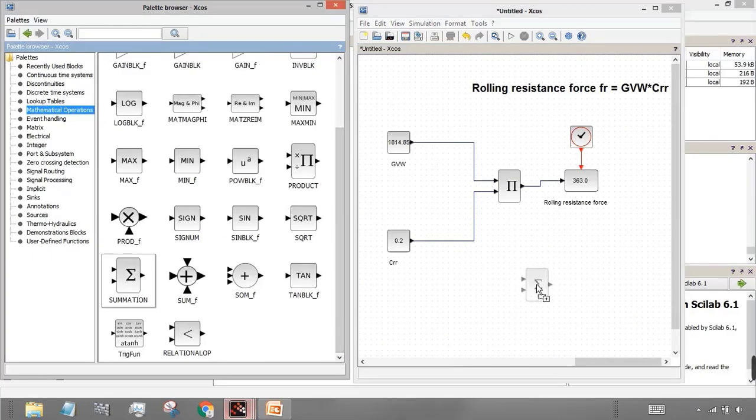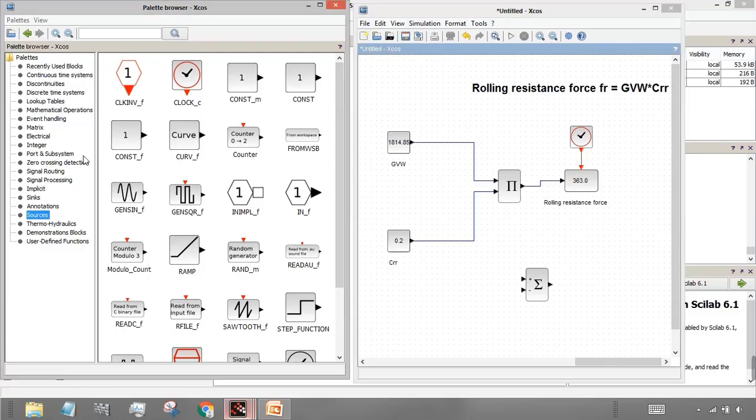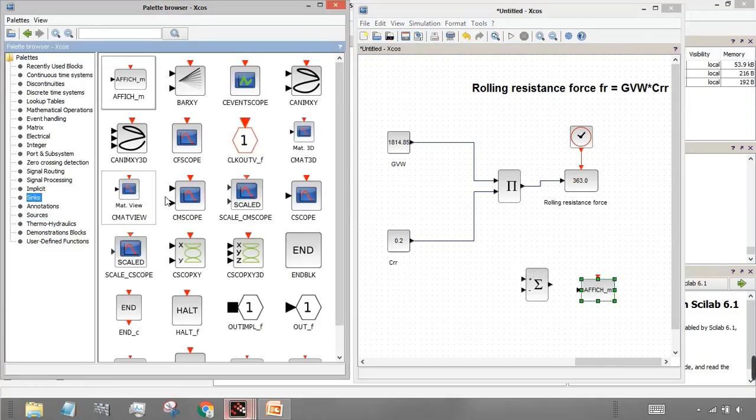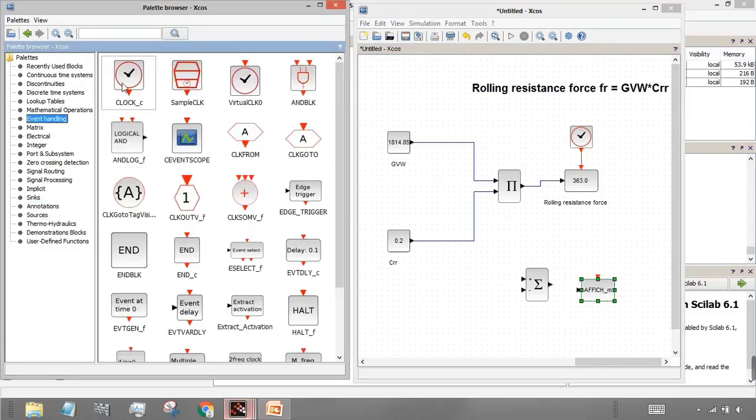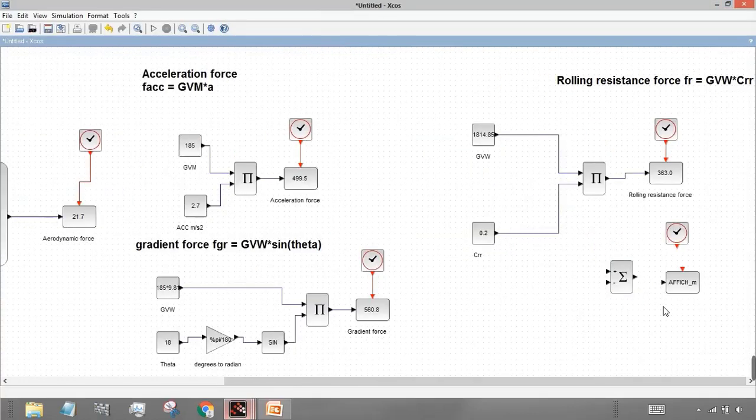Then go to sink, select this upitch, and then go to event handling and select this clock. So this will give me the total force that will be required to move the vehicle from 0 to 40 kilometers. So this will be my total force.